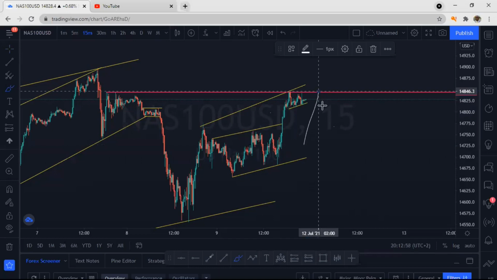If the price pushes down, because it can happen, we must wait before we enter a sell. Wait for it to create a correction. It must give you a correction before you sell it. That is safe for you, because if it doesn't do that, there's a possibility that it can shoot up again. So wait for it to give you a correction, and thereafter, after that breakout of your correction, that's where you sell.